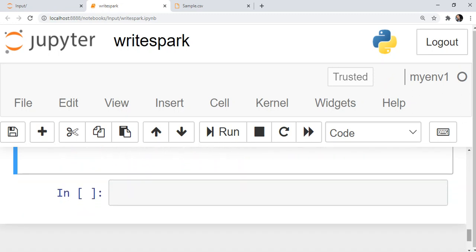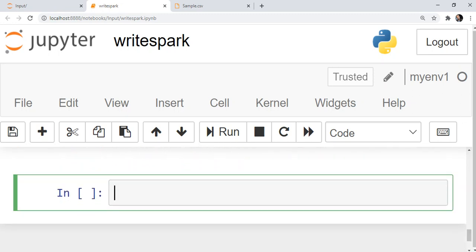Now I want to write this new data frame to some location using the Spark function. The function is spark.write.format, similar to spark.read.format. So we will try to implement that. I want it in format CSV. At the time of loading we were using load, right?